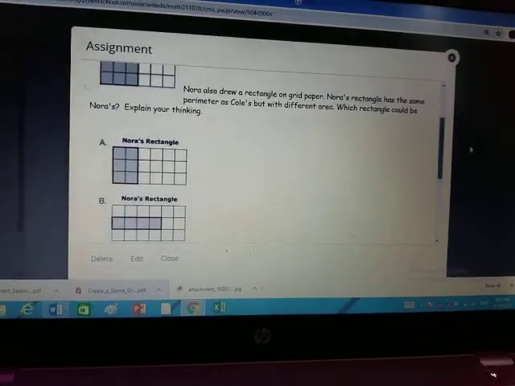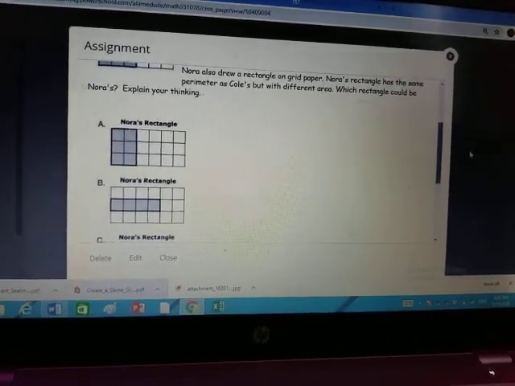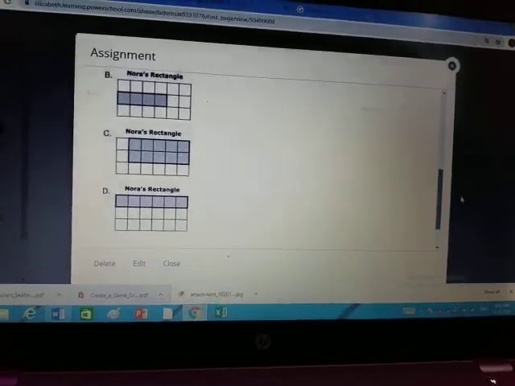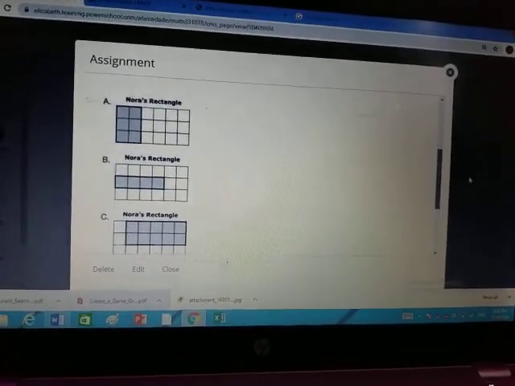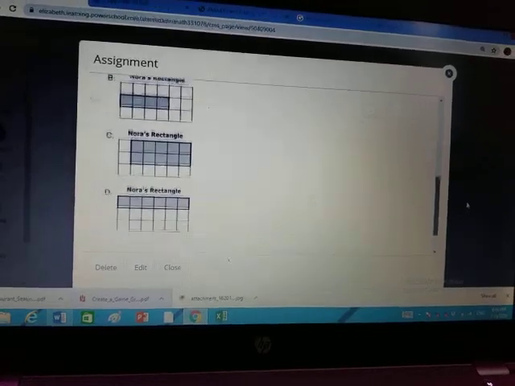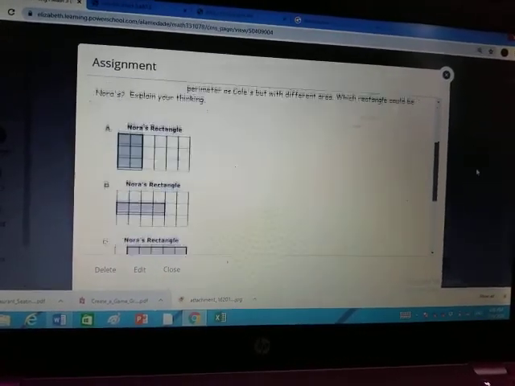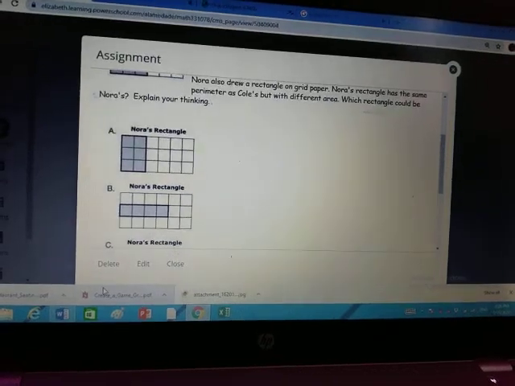We said Cole's area is 6, so we don't want to have the same area as Cole. We just want to have the same perimeter. And all you have to tell me is which one of these has the same perimeter as Cole's but a different area. And you got to tell me how you found your answer. So